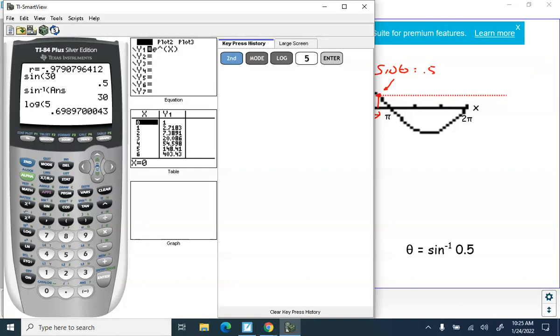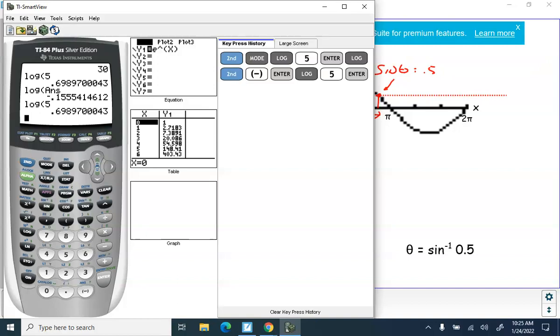Well, if I take 10 to that power, I undo what I just did. When I have natural log and I have e, I undo what I just did. Well, if I take a look at my trig functions, I have sine, cosine, tangent. What we have above sine, cosine, tangent,